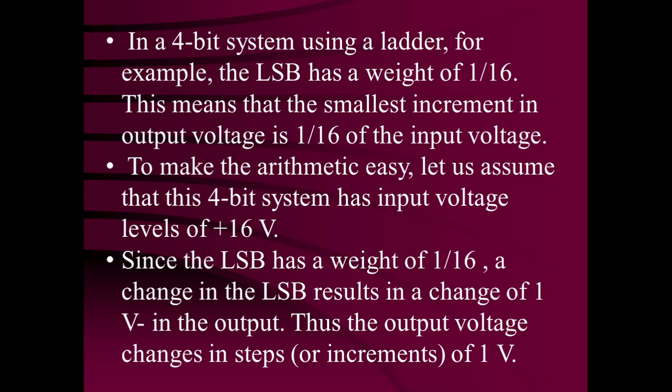If there is an increment in the digital input signal in a binary sequence from 0001 to 0010, that means 2, then the output voltage should be 2. If it is 0011, then the output voltage should be 3. And that way the output voltage is incremented in steps of plus 1 volt. So, this is called the resolution of the 4-bit D2A converter, and it depends upon the number of bits and the weight of the LSB.